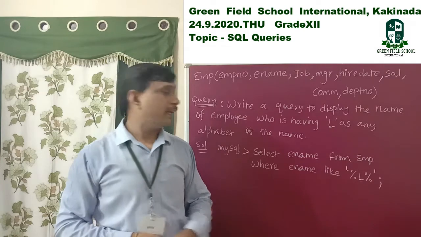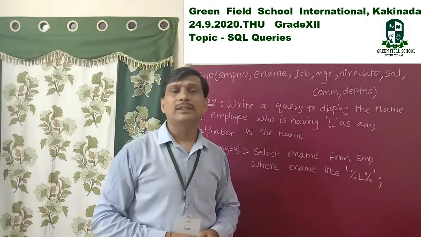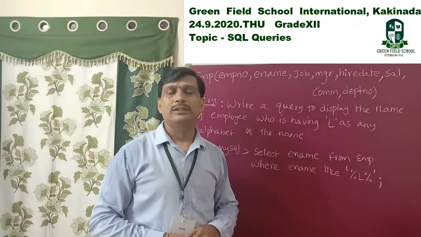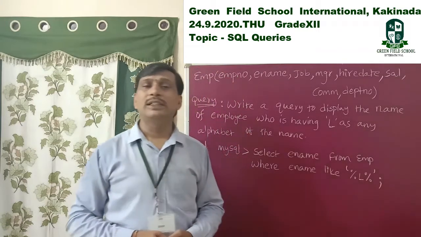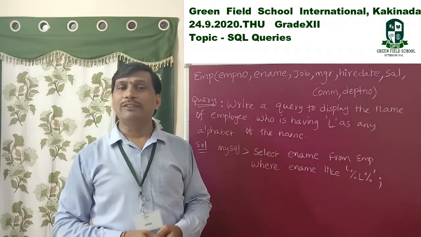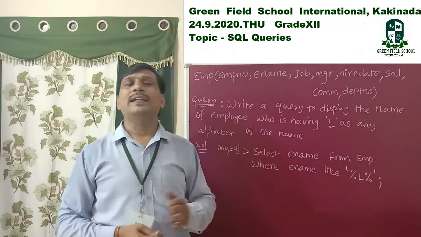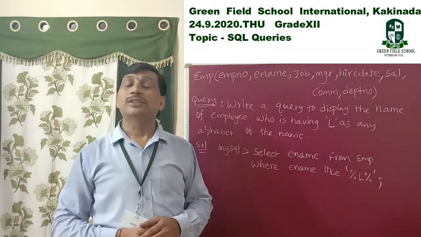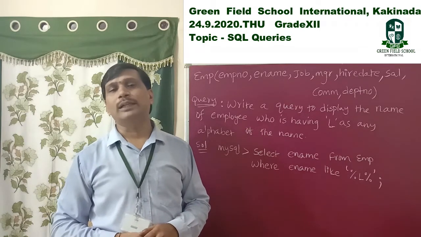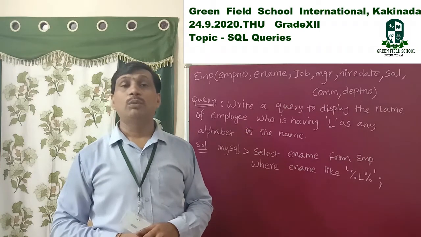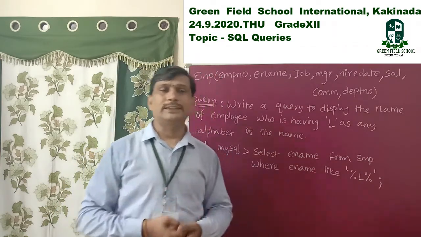Before L, some characters may be present or not, but L is a must. After L, it is the same: some characters may be there or not. That's why we specify the percentage symbol, which means one or more characters. For example, Ramesh,